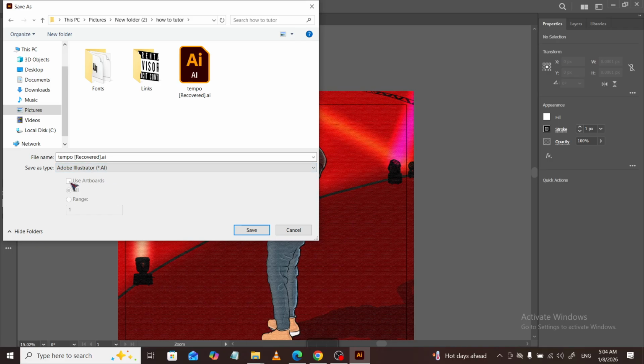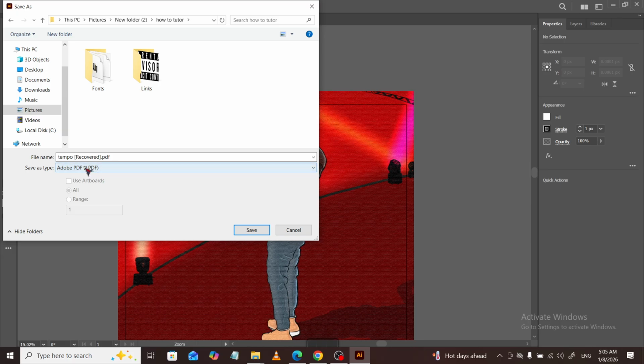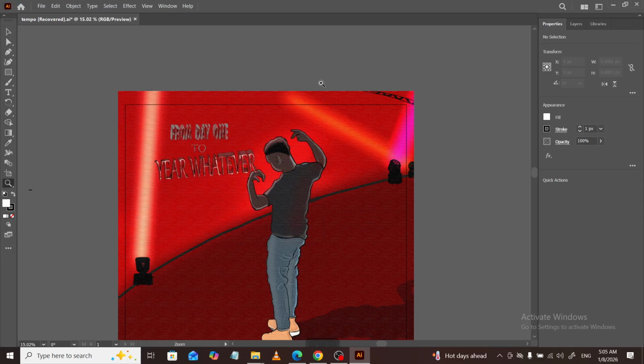When you're ready to export, head to File, then Export, and choose Export for Screens. This gives you control over output formats like PNG, JPG, SVG, and PDF. You can export every artboard at once, or select only the ones you need. Make sure your artboard names are meaningful. Those names carry through to your exported files, which helps keep your deliverables organized. That's all you need to confidently create, edit, manage, and export